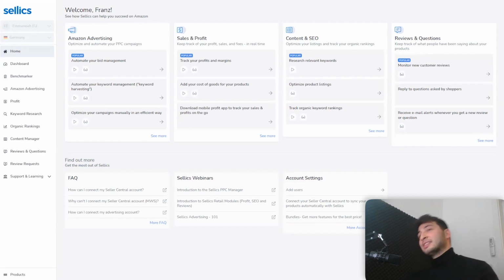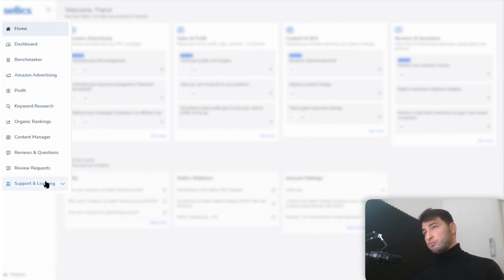All right, so we're ready now to jump to your screen and learn more about Selix and how to use it. All right, perfect. So as you can see on my screen, I'm logged in right now in our software, right? So here on the left, you have the navigation bar, actually all the features that we have available right now, right? So I'm just going to start from top to bottom and share some words on each feature, right?